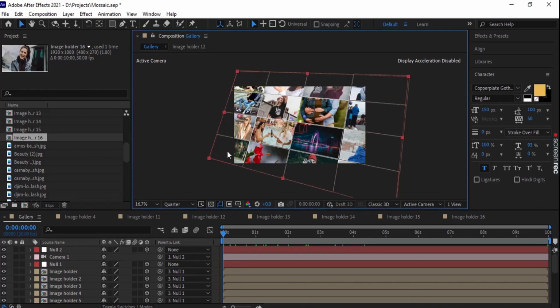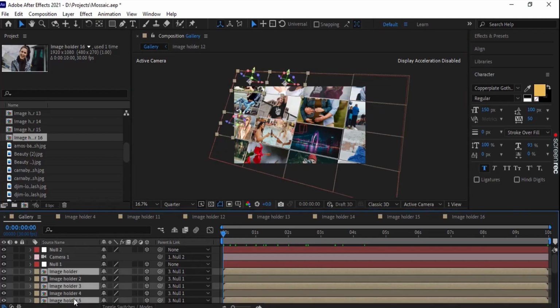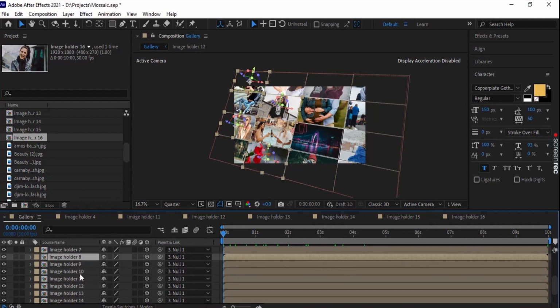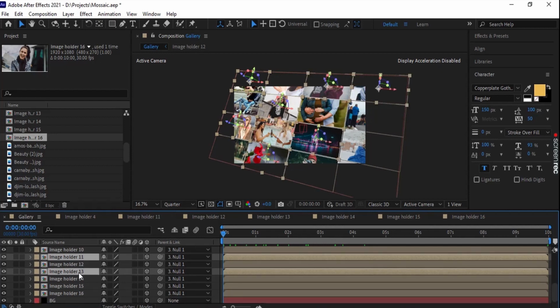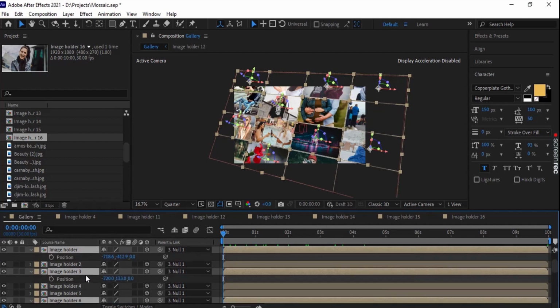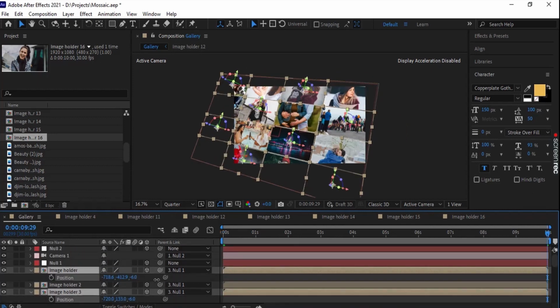Now select the layers randomly. And now we will move these layers away from our camera, for which we have to hit P and change the position.